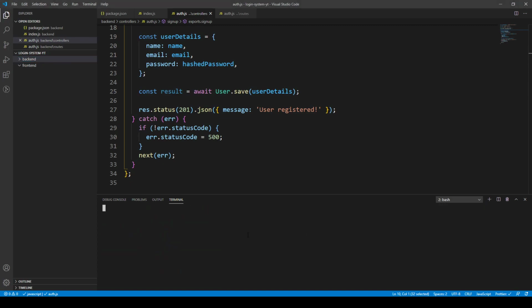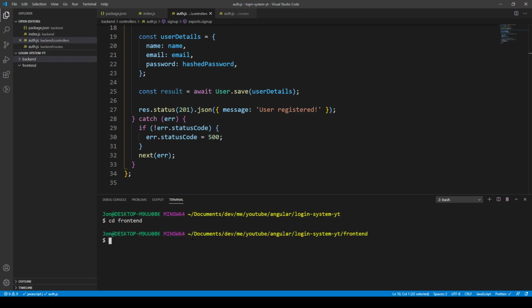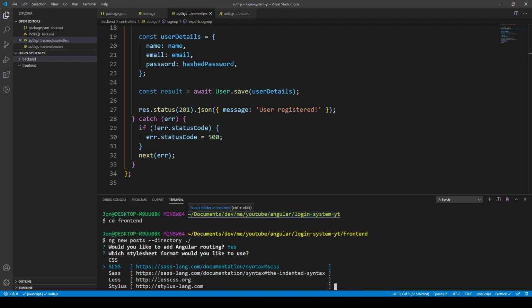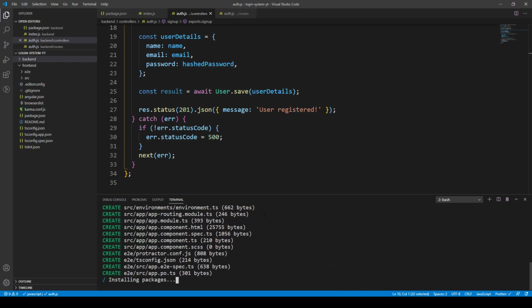So in a new terminal we will cd into the front end folder, which is just empty at the moment. And we'll create a new Angular project with ng new, and we'll just call it posts, and we'll set this inside the current directory as we already created the folder here. So I'll just run that command, and I will add Angular routing, yes, and I'll just use SCSS, although we won't be doing heavy styling whatsoever. And I'll just wait for this to install,